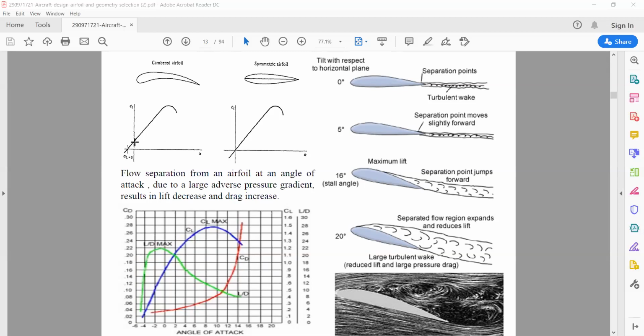So when I look at the CL versus alpha curve, look here. At a negative angle of attack also, I can see lift in the cambered airfoil. But at 0 degree, I'm not finding any lift in the symmetric one. So it means that at a negative angle of attack, I can see lift only in cambered airfoils, not in the symmetric airfoil. At 0 degree, it still has no lift. When the angle increases, I can see the increase in the lift.